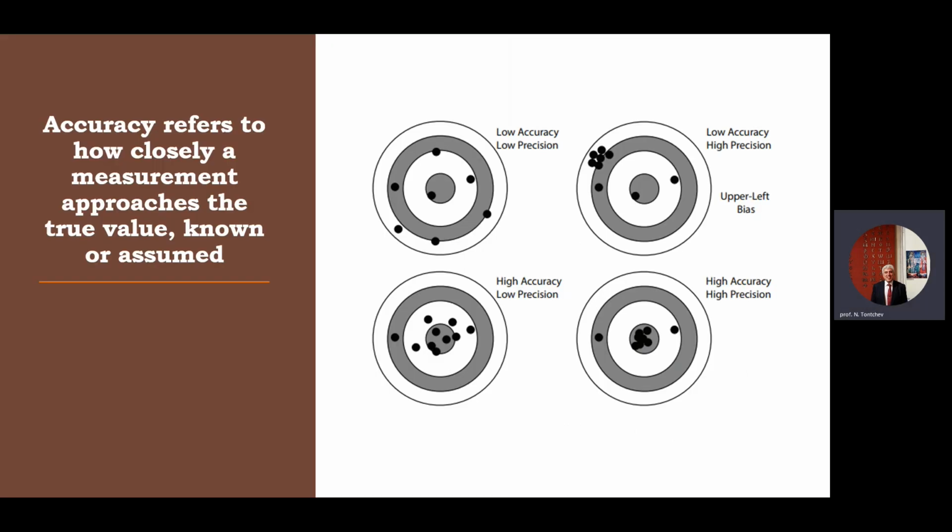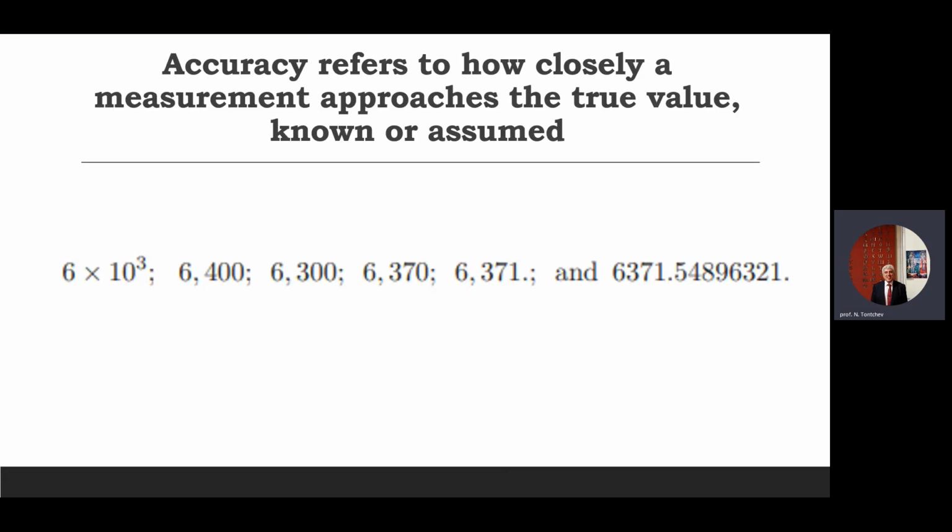Accuracy refers to how closely a measurement approaches the true value of a known or assumed quantity. Precision refers to the repeatability of an observation, where absolute precision expresses the observation plus minus error in the same units as the observation itself, and together with relative precision gives the error as a fraction or percentage of the magnitude of the observation. The number of significant digits of an observation is the number of digits that account for the value without loss of precision.